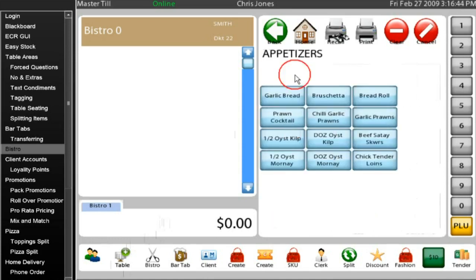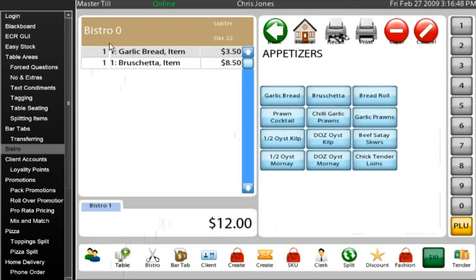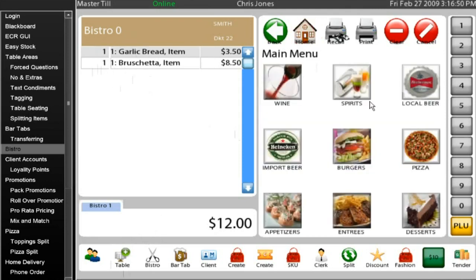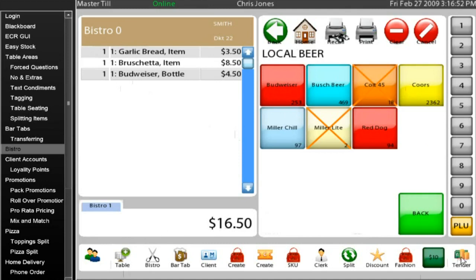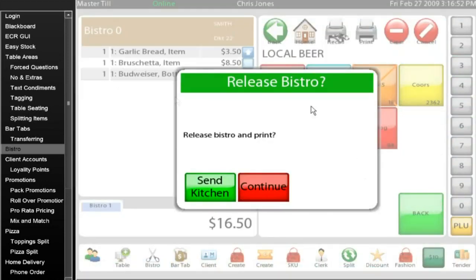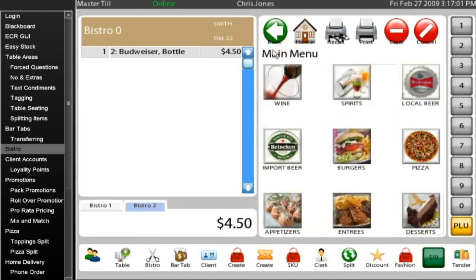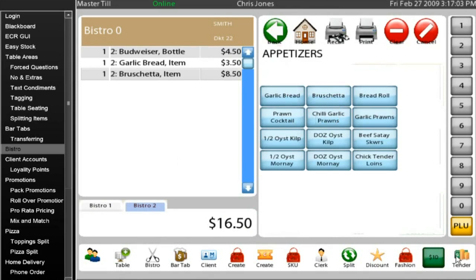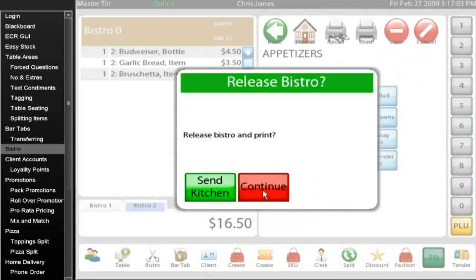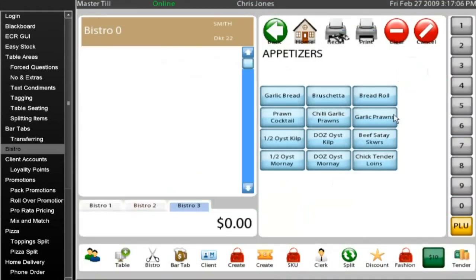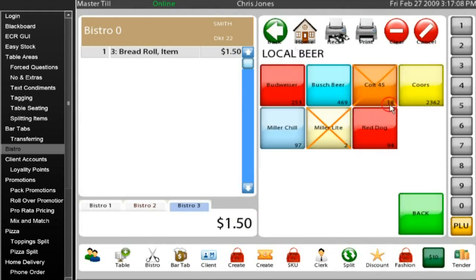So I'll start by ringing up the first person's meal. As you can see, the same as the second prefix, it prefixes that with the number 1 to tell you that is person number 1. I then pay for that. It then asks me if I wish to send to the kitchen or continue. We're going to continue on and do another 2 people. So I'll ring up the second person's meal, pay that off, continue on, and then I'll do the third and final person's meal